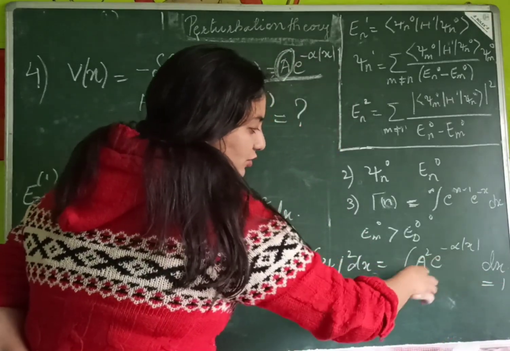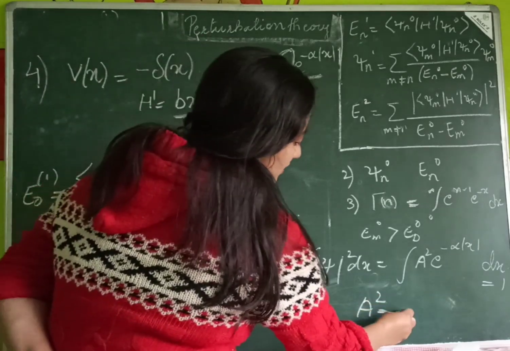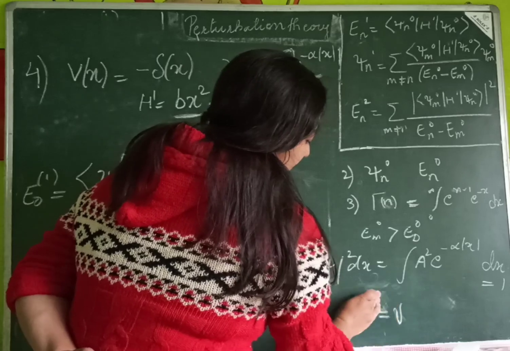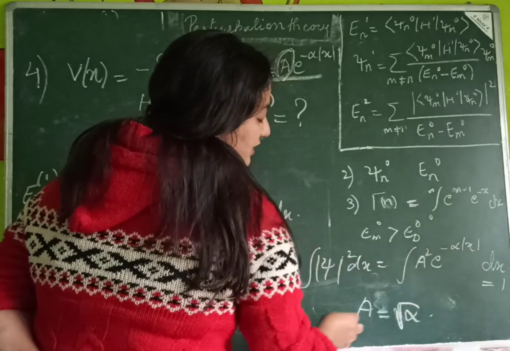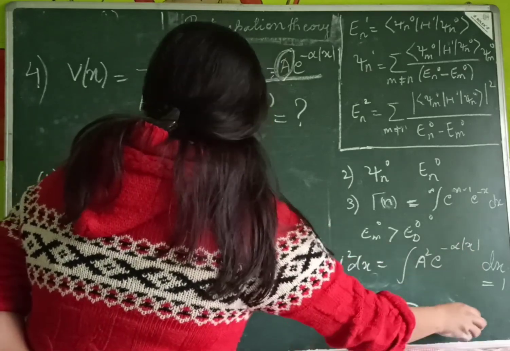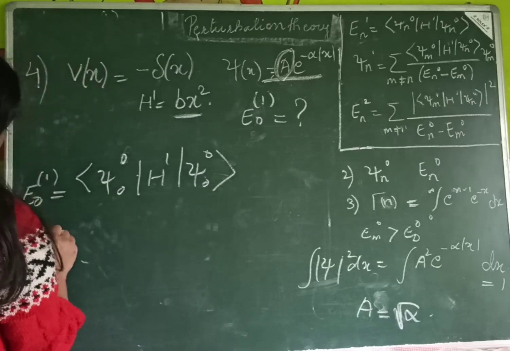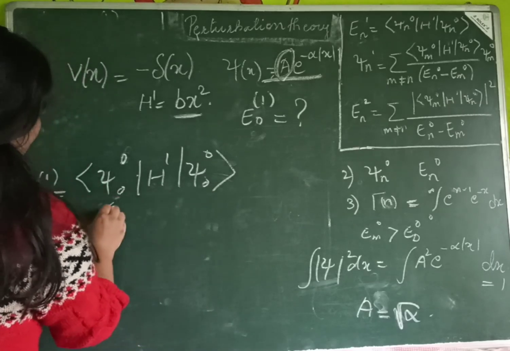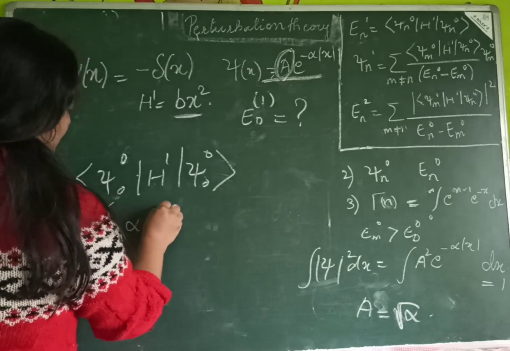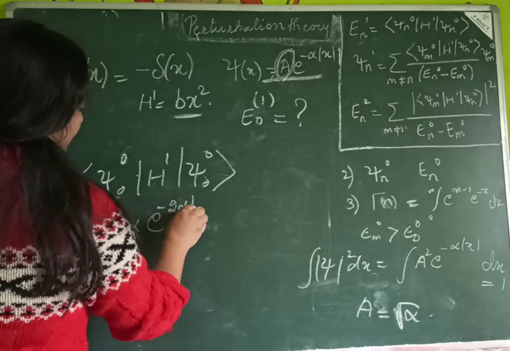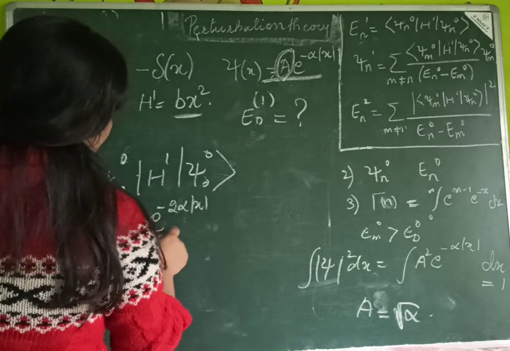So from there, if I do this, I'm going to get my a square. A comes out to be square root of alpha from here, right? I mean, this is just normal integration. So it comes out to be root alpha. So using that, if I use it over here, I'll get root alpha times alpha e to the power minus 2 alpha mod x, where this runs from minus infinity to infinity,